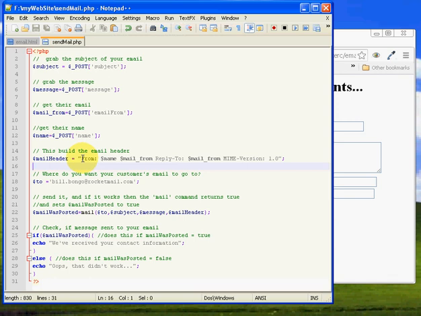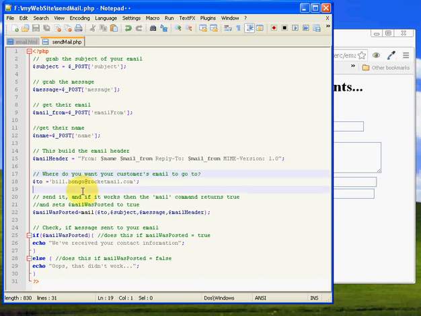Now, having said that, there are some issues with exactly how this is done, and you'll probably find that your average email package thinks it's spam, and it'll stick it in the spam folder, but we'll sort that out later on. This bit here is basically going to be, where do you want this email to go? So customer fills in the email, where do you want the server to send that email off to? I'm going to send it off to this account of mine called build.bongo@rocketmail.com,